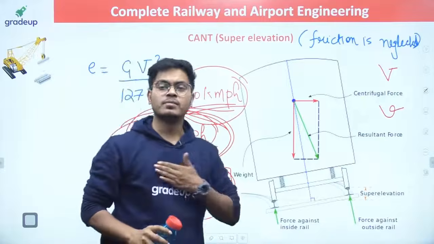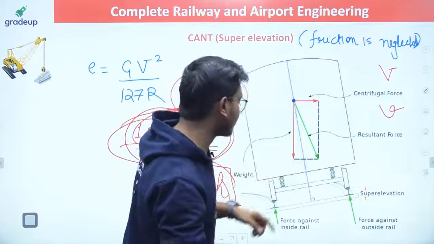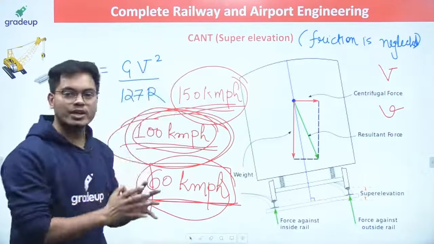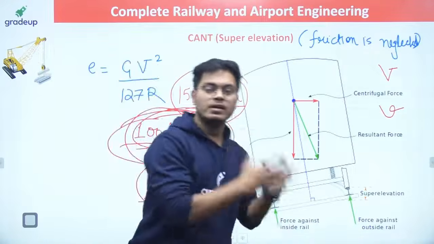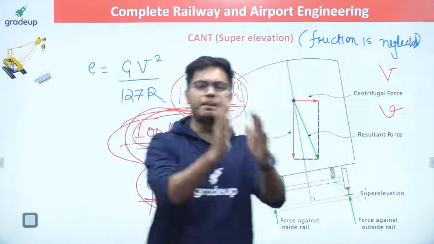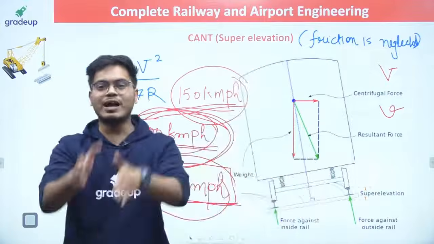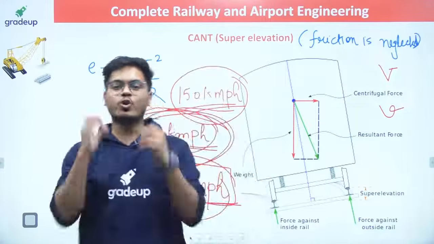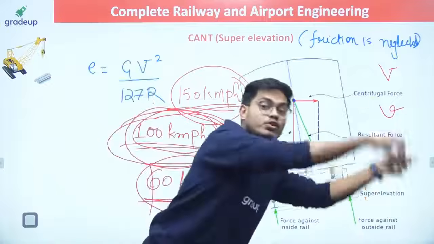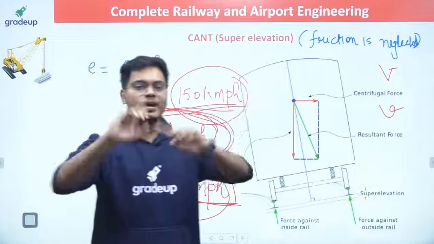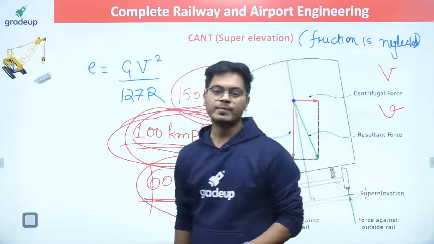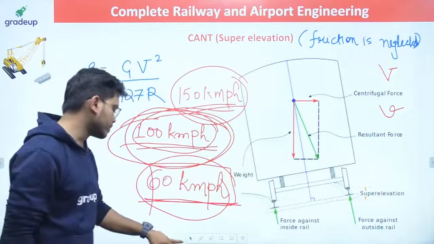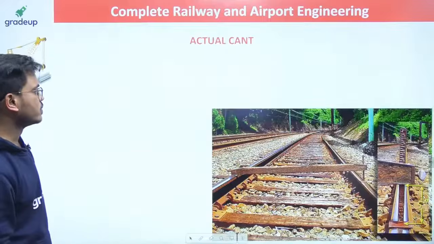Practice, I will do the practice for you. Don't worry. I am going to tell you how to design the super elevation, how to decide the speed. Speed we decide on the basis of the railway formula. Now the Indian Railway has provided their own formula. Earlier we were using Martin's formula. No more Martin's formula. We will not listen to the British; we will make our own formula. So we have a different formula now. Don't worry about that. With the help of questions, we will see that.